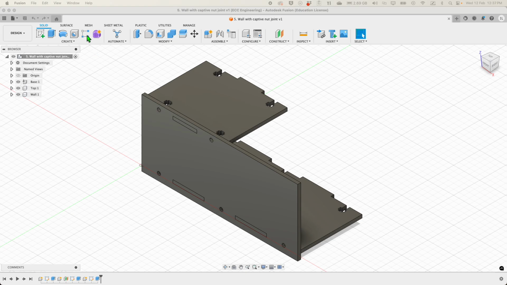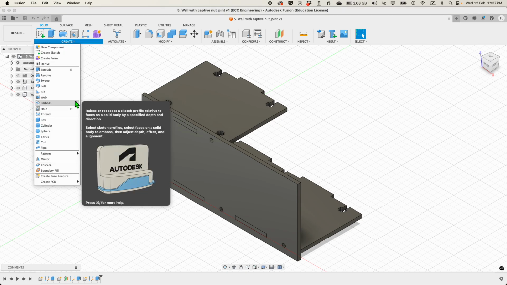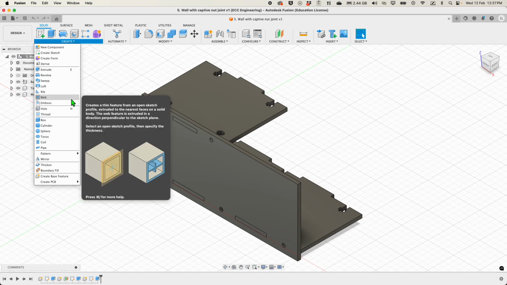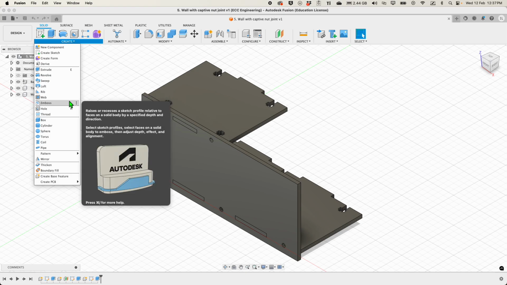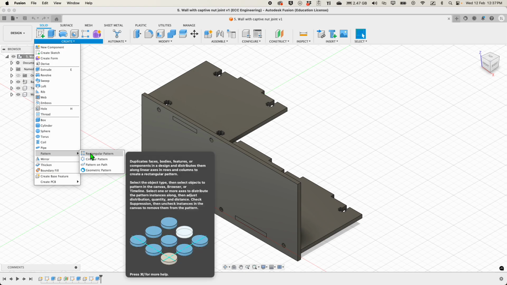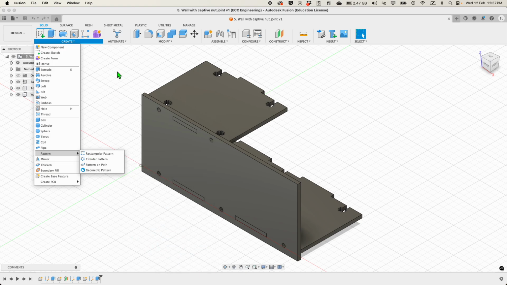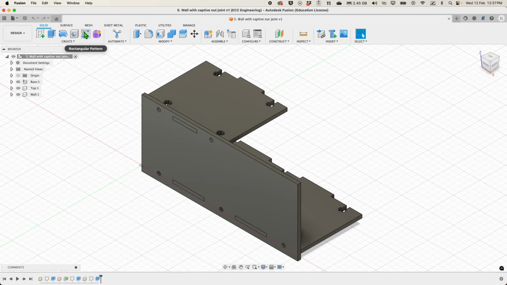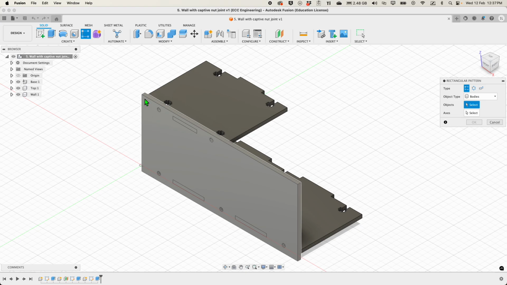So we're going to hit this function here called a rectangular pattern. If you don't have that appearing up there, you go to Create, and you should be able to find a rectangular pattern. There you go, pattern, rectangular pattern. All right. So we're going to just hit that function there, rectangular pattern, and making sure that says bodies, right? Because we want to replicate that entire wall on that side, and that's considered a body in Fusion. So we're going to click on that,